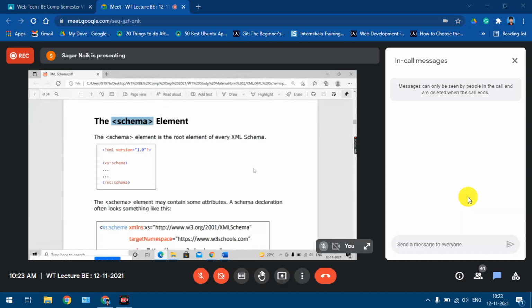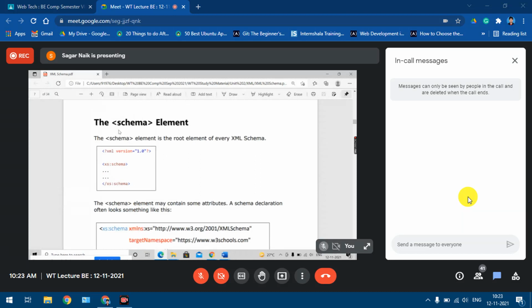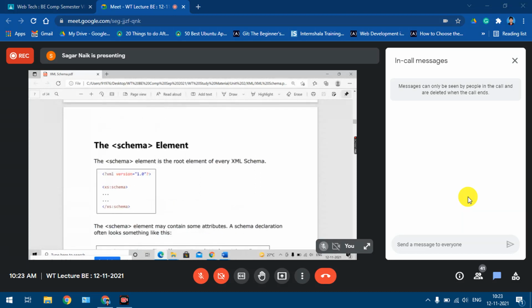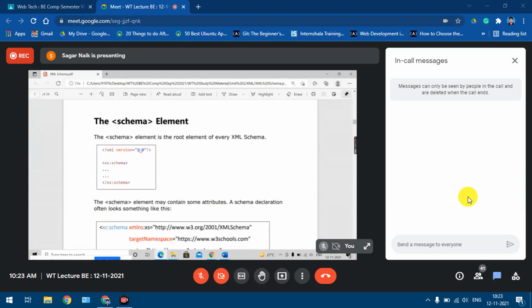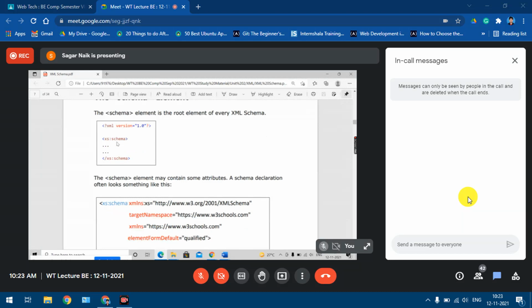Understood? And that file I'll have to connect to my XML file, right? So this is how our XML schema file is going to look. This will be the syntax. Since we saw that XML schema is XML based, the first line will be the XML prologue, same as your XML file. Then this will be the root element, xs:schema, and whatever definition statements we have will be put inside this root element.